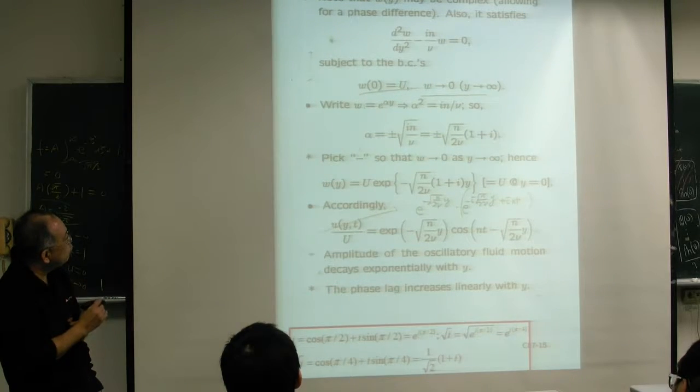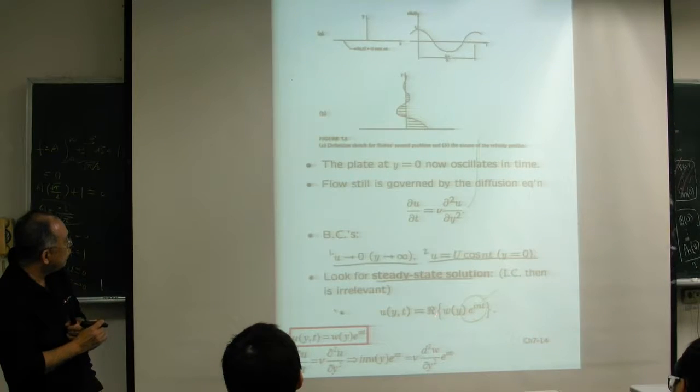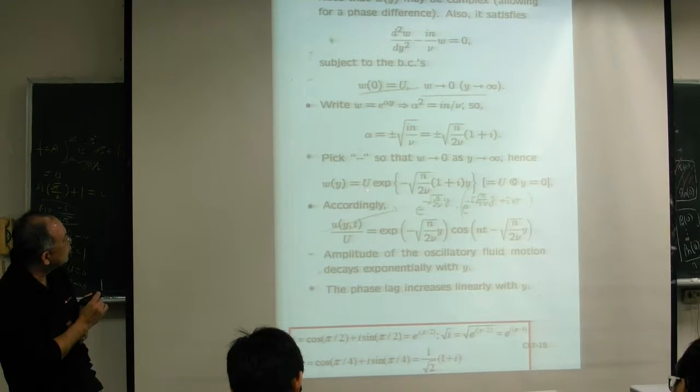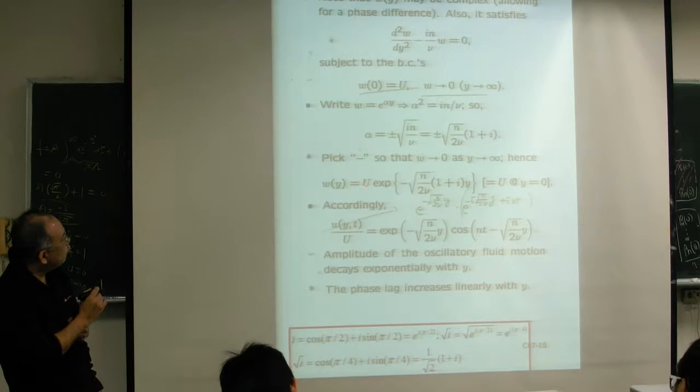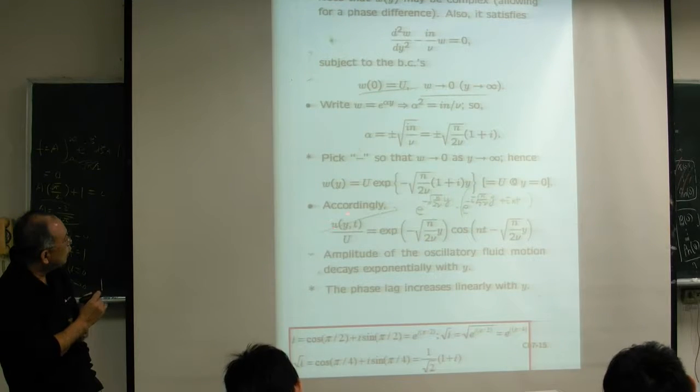So our small u over capital U will be equal to what? Originally we defined it like this: W(y) times this exponential, and take the real part. So finally we can apply it. We already have the W(y) function. So our small u over capital U is this solution form. We already divided u by U here. So this becomes